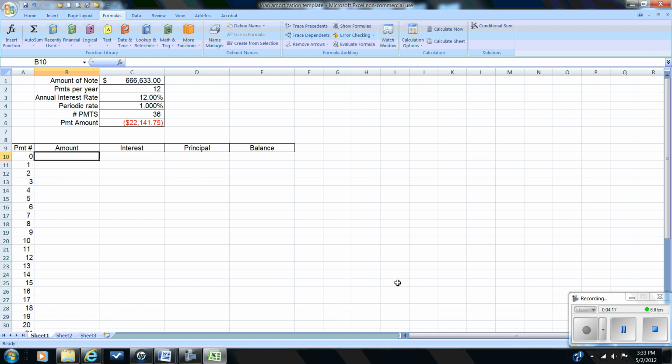Our opening balance is going to equal the amount of cash that we borrowed, so we're going to reference cell C1 for the amount of the loan. Our first payment and each subsequent payment is going to be equal to $22,141.75. Excel returns this payment amount as a negative amount to show that it's an outflow. Well, I don't like to work with negative amounts, so I'm going to turn that into a positive amount by simply saying, give me minus